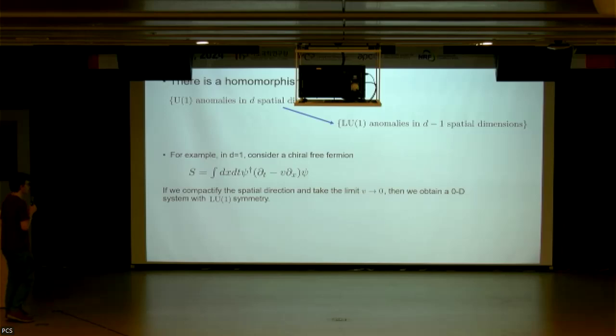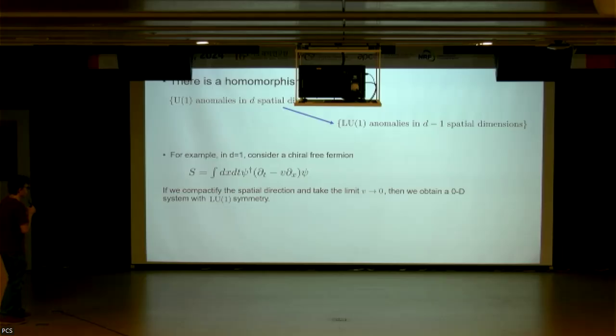So for example, in D equals 1, we can consider a chiral free fermion. That would be the action for a chiral free fermion. Now let's imagine that we take the spatial direction and compactify it, so the system lives on a circle, and then we also take the limit where we send V, the group velocity of the chiral fermion, to 0. Then you effectively have a zero-dimensional system, but with an LU1 symmetry, because